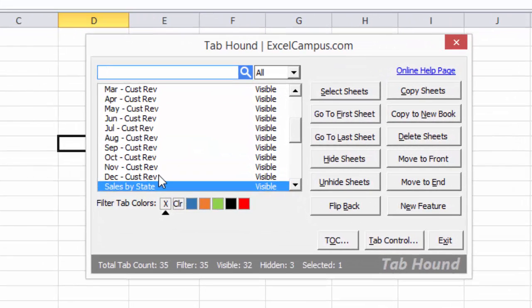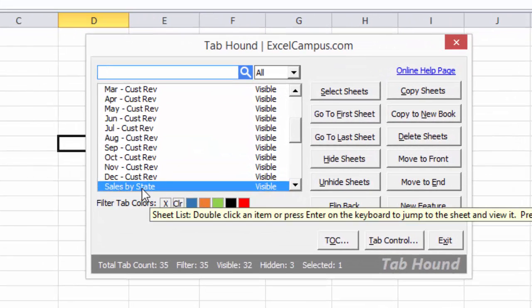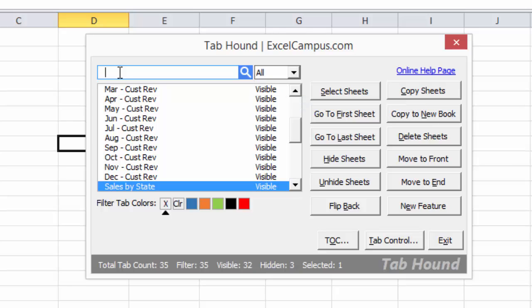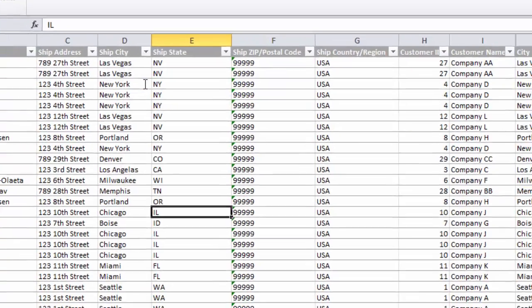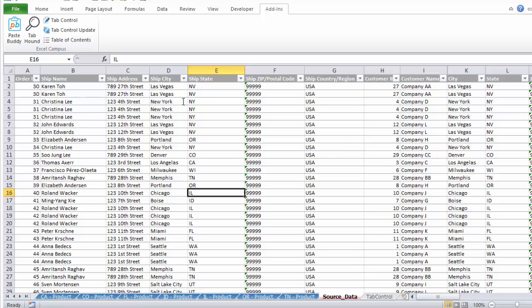So let's say we're in our sales by state sheet and we want to first flip to that data sheet. So I'm going to find that data sheet by typing data in the search box, and here it is. So I'm going to hit Control Enter on the keyboard to go to that sheet and close the Tab Hound window. And now I'm on my source data sheet,